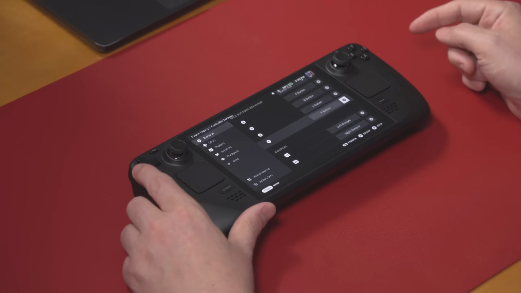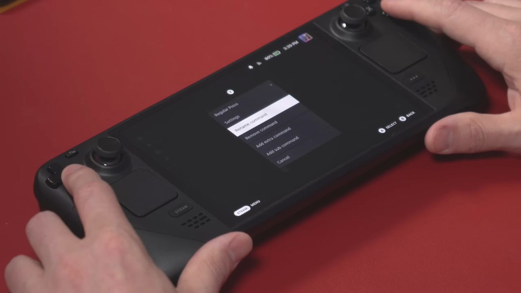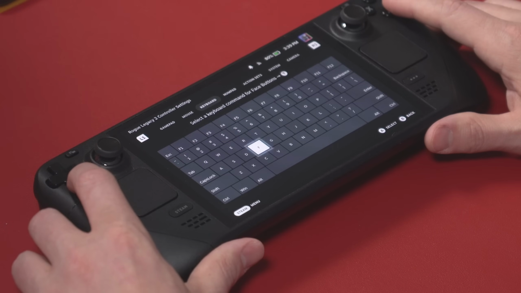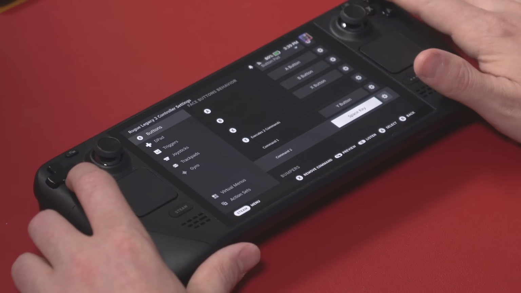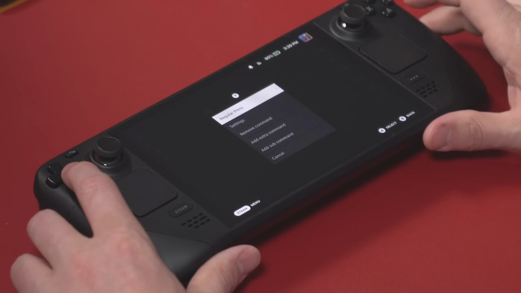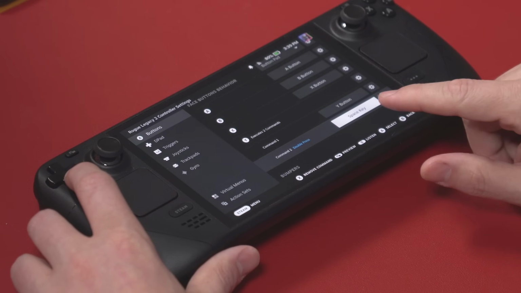But let's say that I want double tapping Y button to press shift space. It's not something that I think I would ever do in Rogue Legacy, but I'm going to show you how to do that. Basically what I'm going to do is go to my Y button. I'm going to add an extra command. I'm going to come down here to keyboard, and I'm going to press space. So now, when I press my Y button, it's going to press the space key, but I don't actually want that. I want it to be a double tap. So I'm going to switch that from a regular press to a double tap,